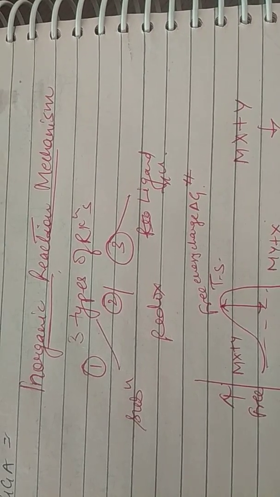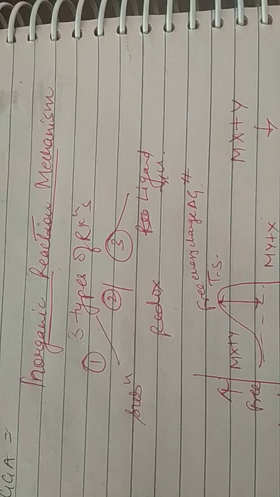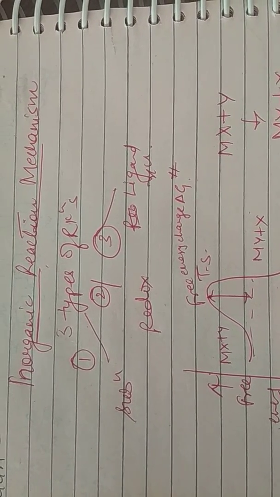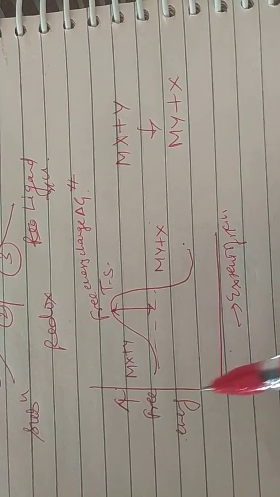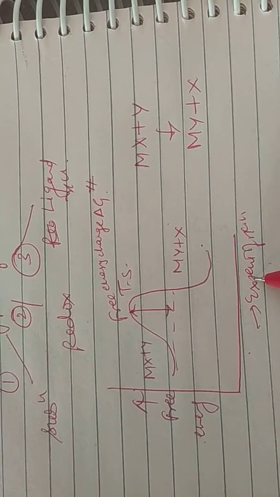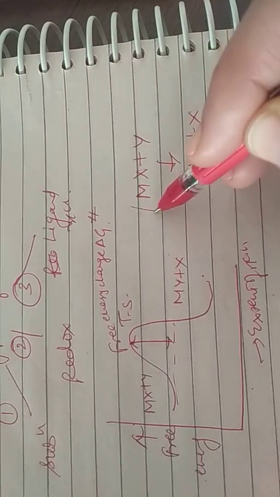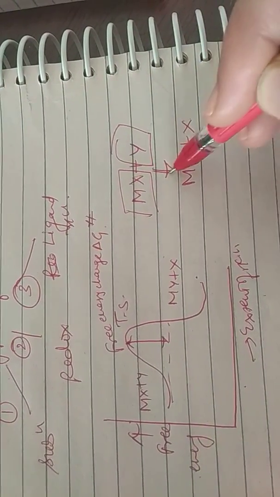By now you might have discussed in detail the reaction mechanism in organic compounds. Now let's see the preview in the inorganic complexes, how it goes. So let's first discuss the free energy diagram, where the free energy and the extent of reaction are plotted on the y-axis and x-axis respectively. Suppose a complex MX combines with the incoming ligand Y, and